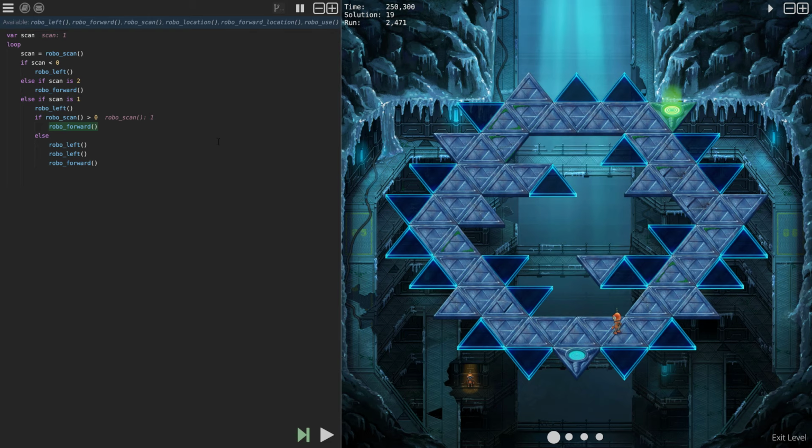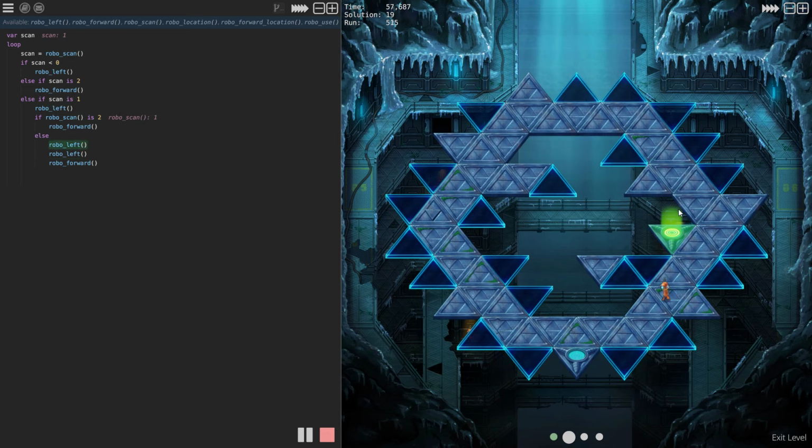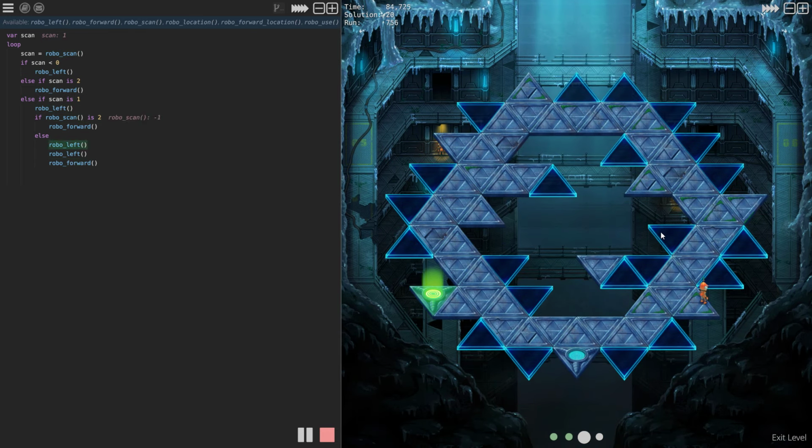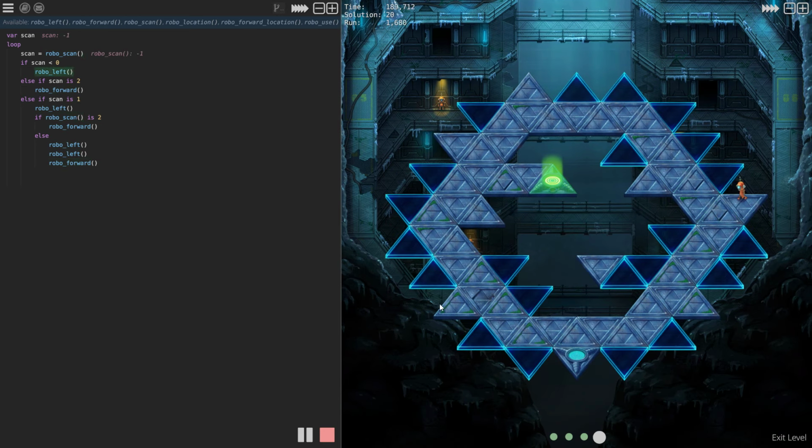So how do I do this? This would work if it weren't for that last part of the lever. Because it's just looking to the left, and if there's an exit there, it goes there. Actually, I'm surprised it works there. But the robot's never gonna go in here, because